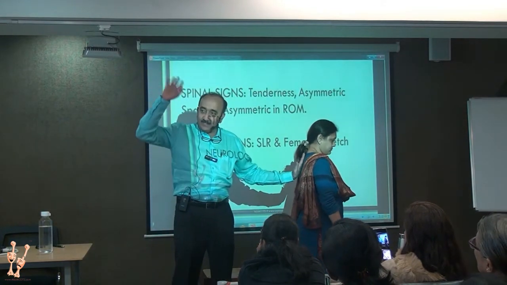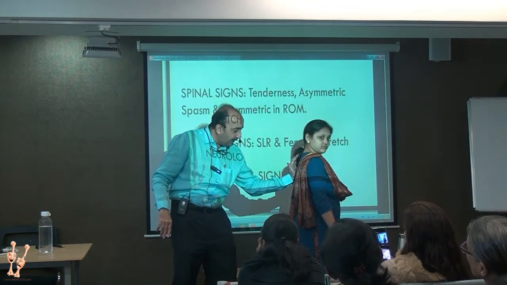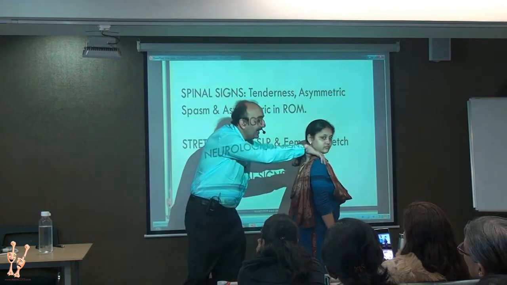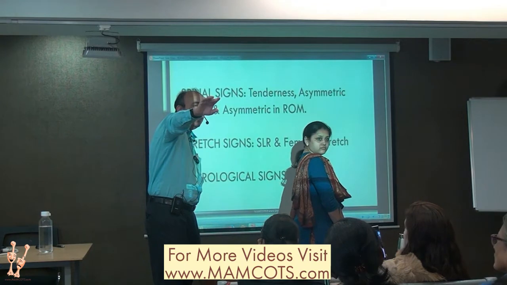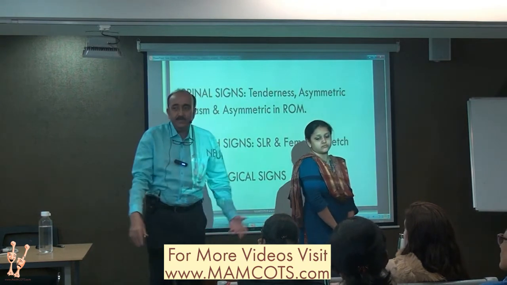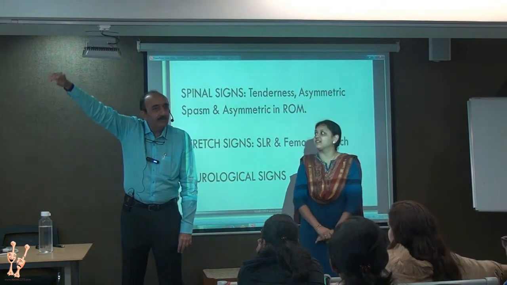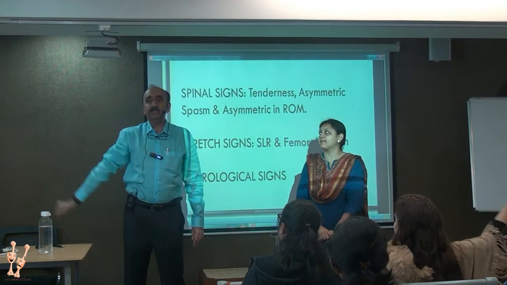I had mentioned this in the shoulder lecture, that if there is a significantly increased upper dorsal kyphosis, it tends to protract the shoulder girdle, which in turn prevents shoulder abduction from getting better. You can see for yourself: you protract and try to abduct, you will not get full abduction. Whereas in a military attitude, you get full abduction.